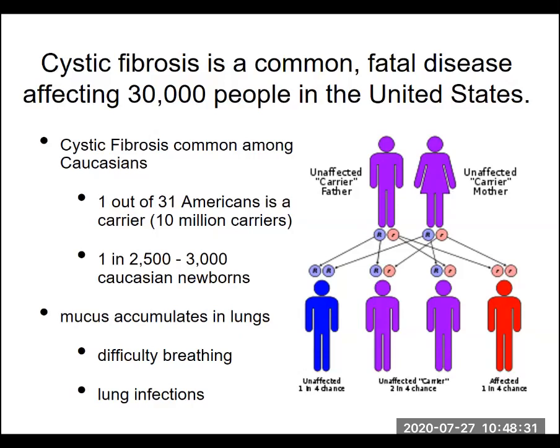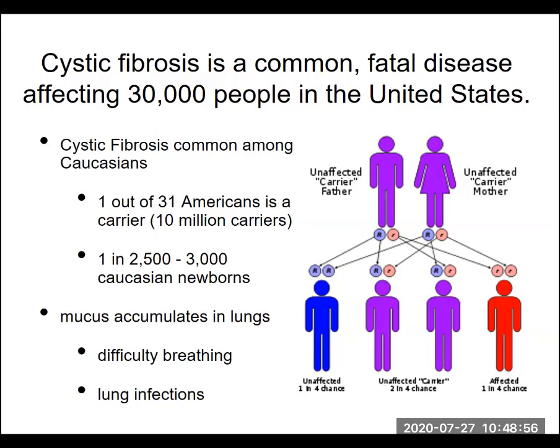But because they have the functioning copy, remember, humans are going to have 2 copies of the genes in the ones that we're looking at. We're not going to talk about sex genes at this point. But they're going to have 2 copies. So if they've got 1 copy that's correct and 1 copy that's damaged, that's enough. Their one copy that works is going to be sufficient to keep the cells working properly and keep the lungs